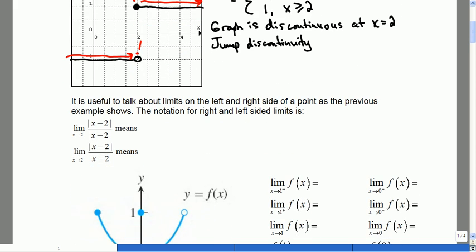Okay. So, well, it's hard to see in here, so maybe I'll just annotate it for a second here. This, for example, should have said, let's say 2 to the right and 2 to the left. Might be hard to see there, so I'm not sure if that's the same as your notes, but you can adjust them accordingly. So for some reason when I print these, it doesn't always render exactly. So this means the limit as x approaches from the right side